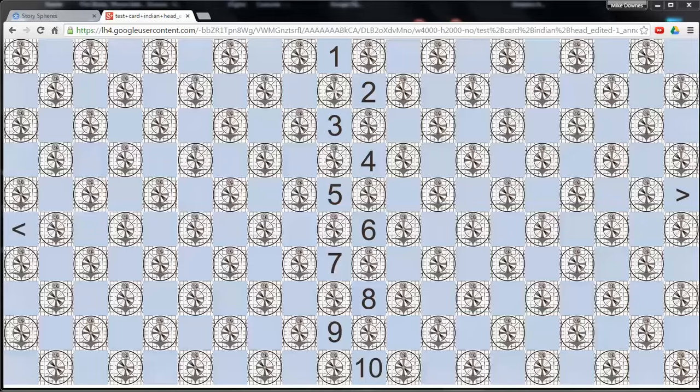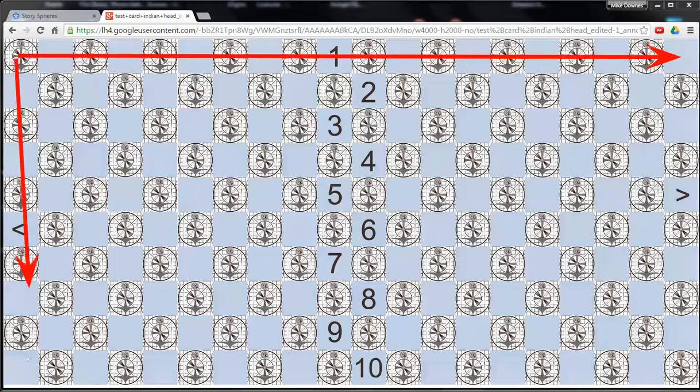This is part 2 of how to make a story sphere, which looks at the story sphere template or test card. In this example, we have a card which I've made, which is 4,000 pixels wide and constitutes 20 squares. Going down the page, we've also got 10 squares. And pay particular attention here to the